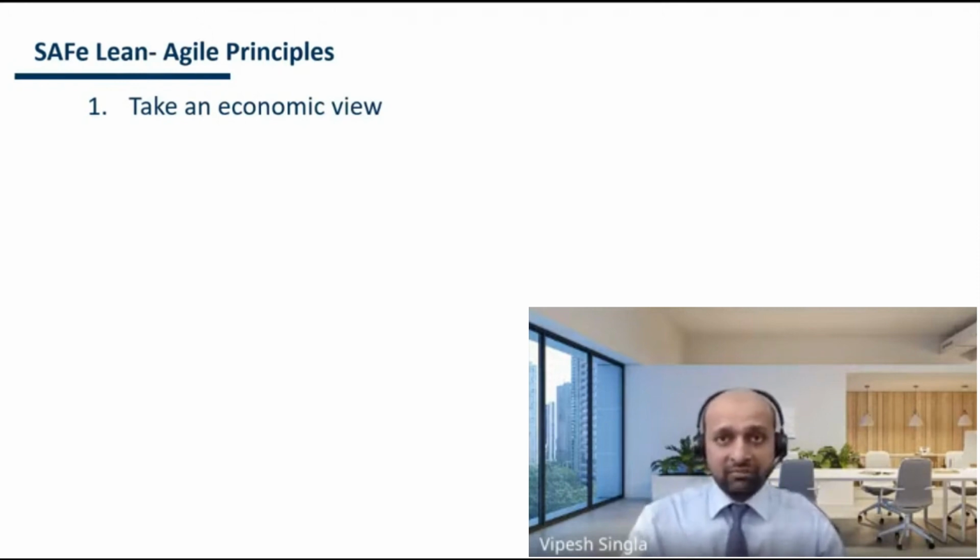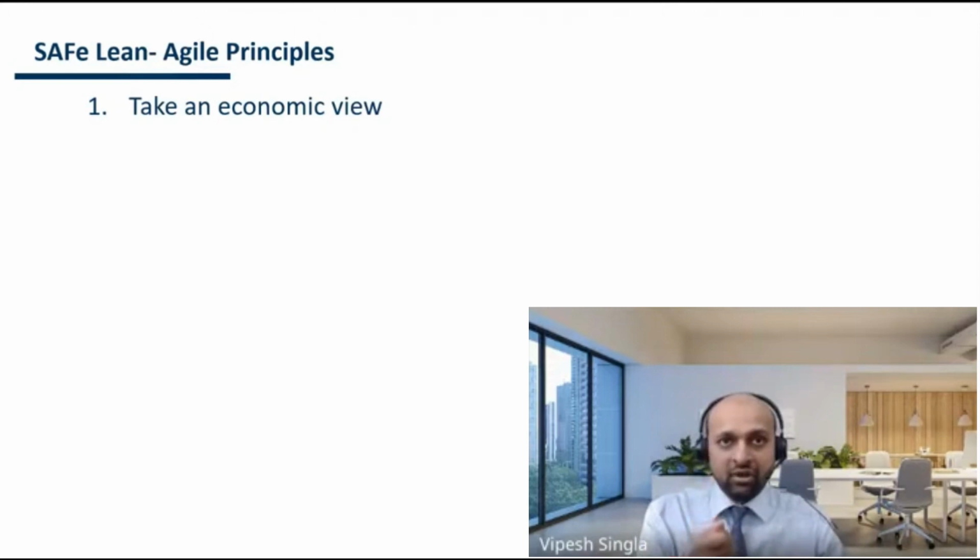So what it means is that whatever work we are doing as part of our agile team or agile release team, whatever decisions we are making, all those decisions should be taken keeping economics at the heart